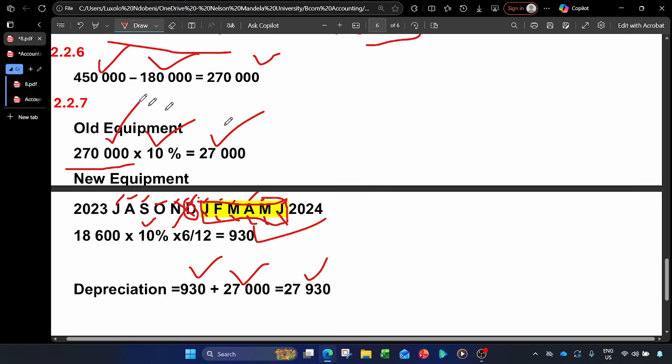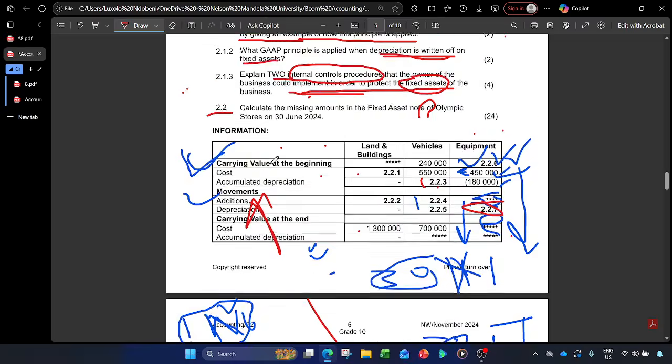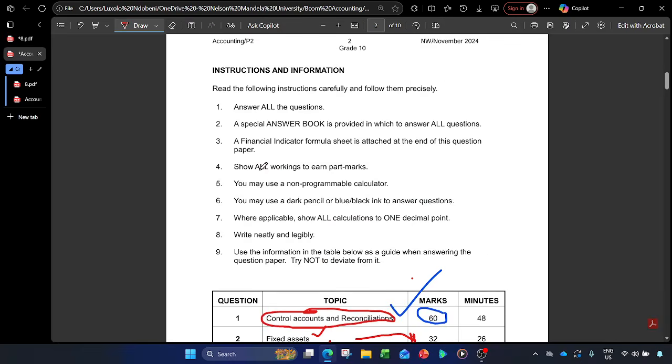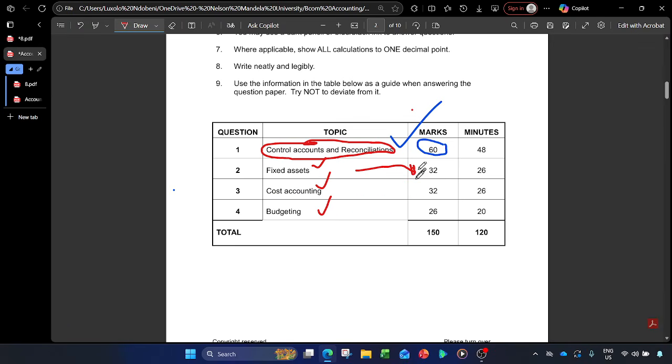So guys, remember I did a couple of videos on paper 2 accounting. Remember, as I said to you, on accounting paper 2, these are the topics that will be asked. We are done with our question 1 now. I think this was a very helpful session that we had. Cost accounting, budgeting, I will link the videos here on those topics, right? So please don't panic. It's still early, you can still recover.